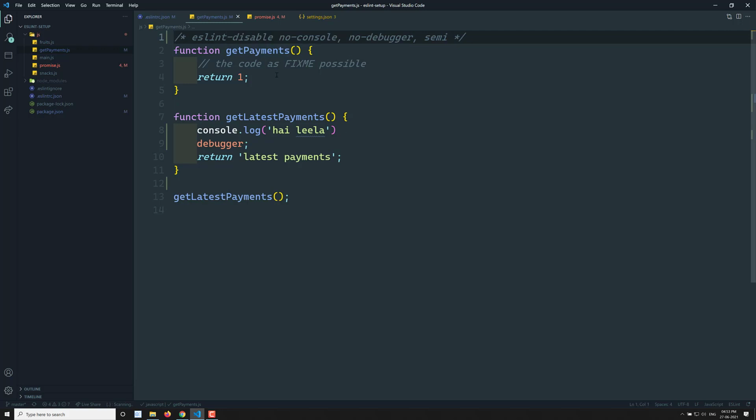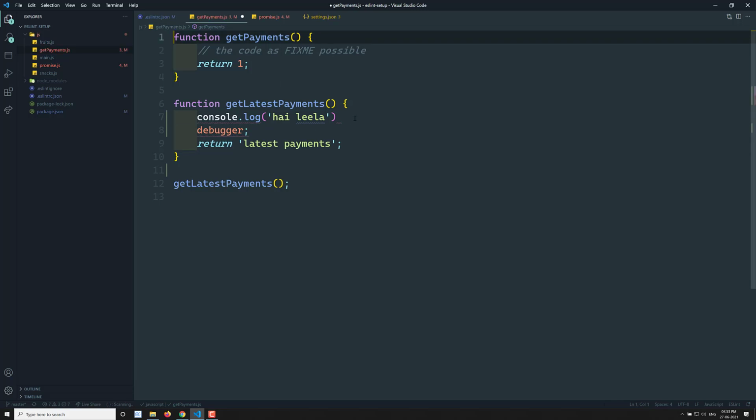And in the same scenario, here also you can write something like eslint-disable-line, and I can write no-console, same no-console, and also semi. So now it will remove only particular rules. Okay, so it has removed the rules. See, now if I write, yeah, here, it will remove only the particular rules.